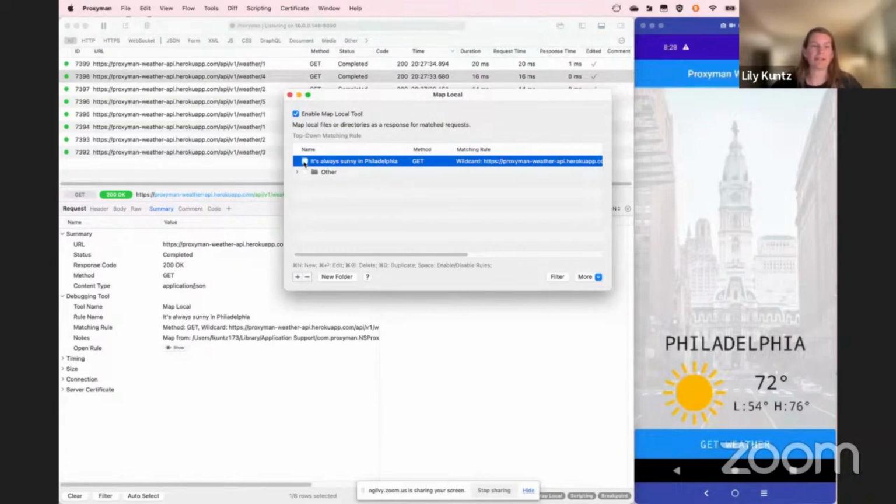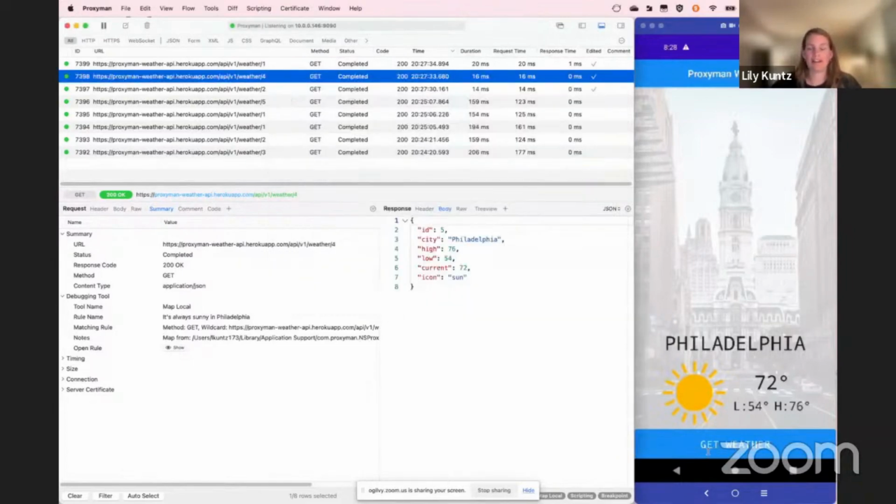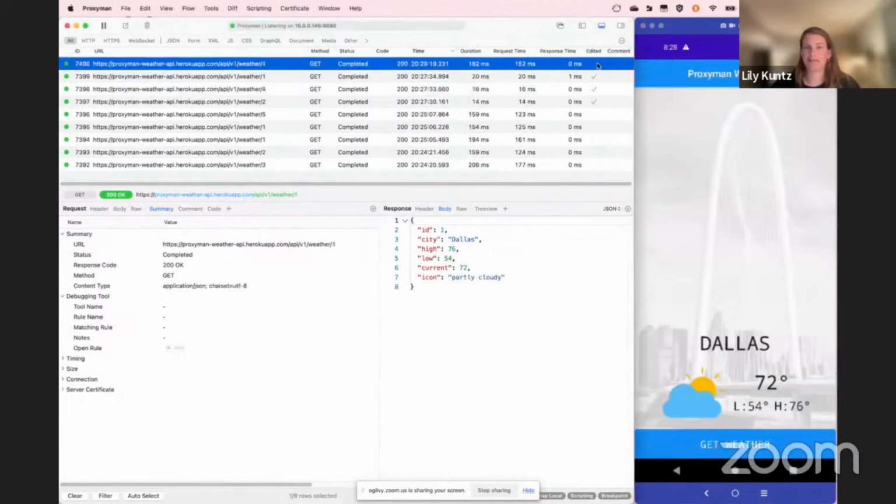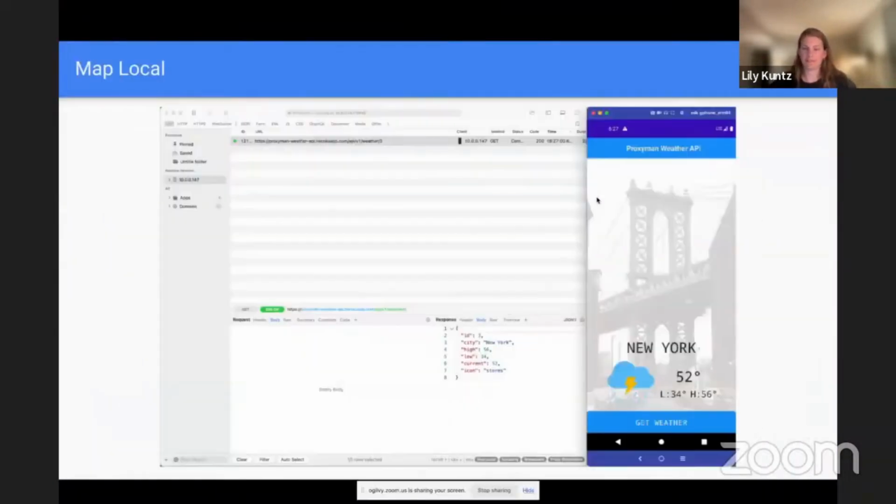So now I'm going to unselect this and call it again to show that it is now back to normal and no longer being edited. Okay. These are just some